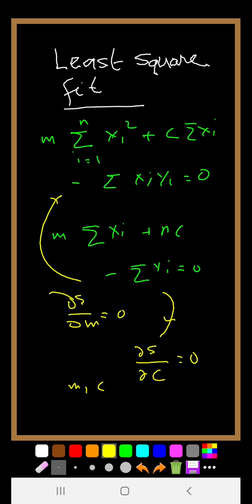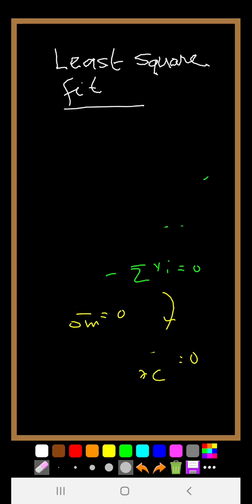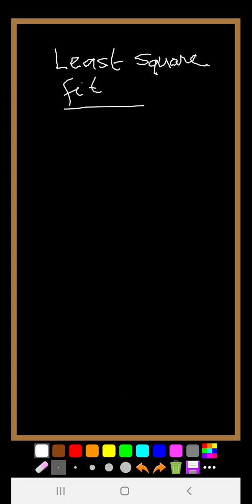So the same thing can be done also for another type of curve. So we have used a straight line here. It can also be a different curve. For example, it can be a parabola. So if it is a parabola, having the equation y is equal to a plus bx plus cx square,